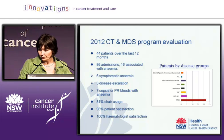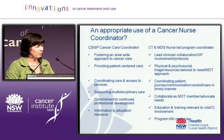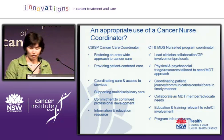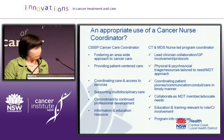And I think the question remains to be asked about, is it an appropriate use of a cancer nurse coordinator? We've certainly been asked that question up in Gosford. You know, really, is this your job? Should you be doing that? Well, actually, there's nobody else to do it, but we do feel very strongly that it is an appropriate use of the nurse coordinator. So I've just tried to portray in this slide